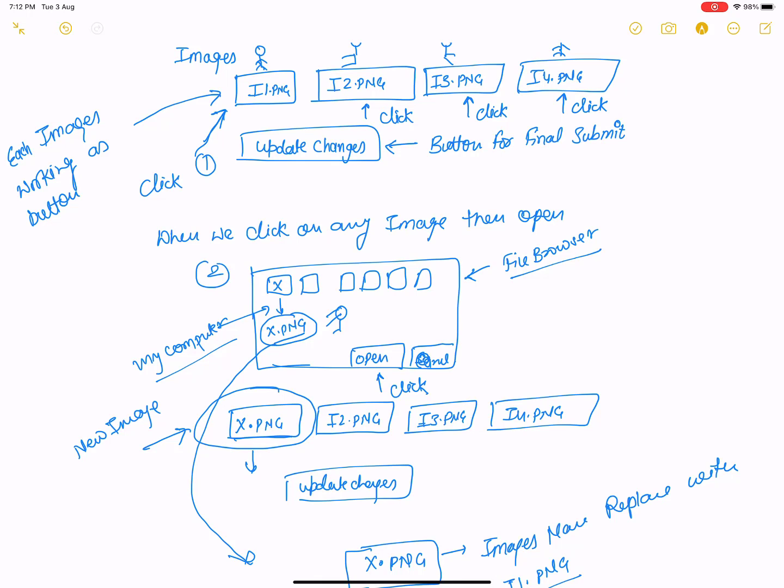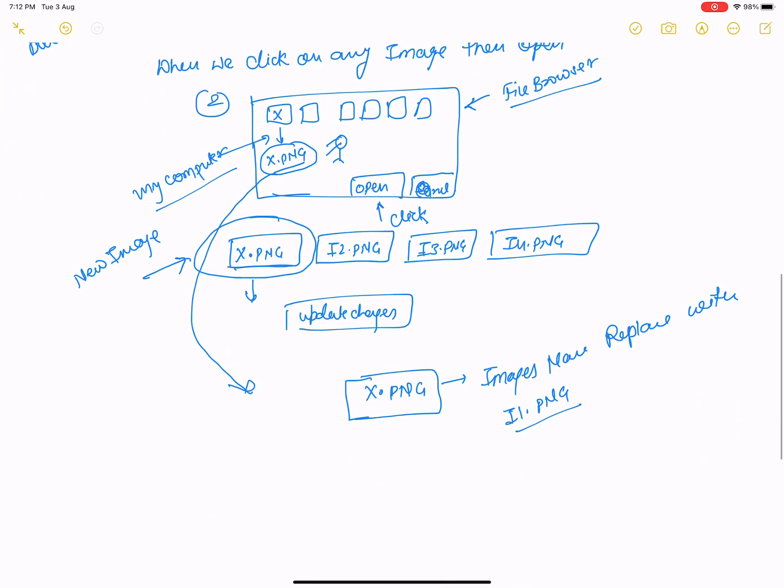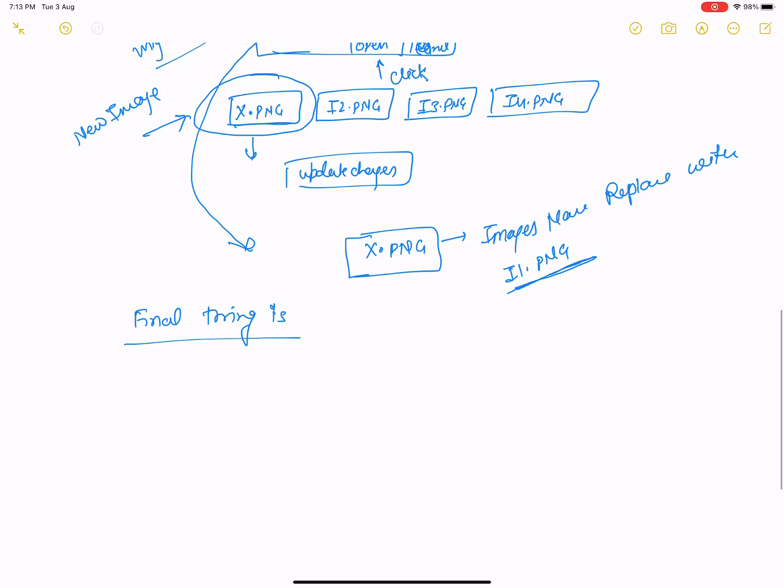We have 4 images. The first image i1.png will show, then i2.png, i3.png and i4.png. You notice that x is there, but after replacement the name is i1.png, and the photo will be changed, because you change the name of the images, not in the database.